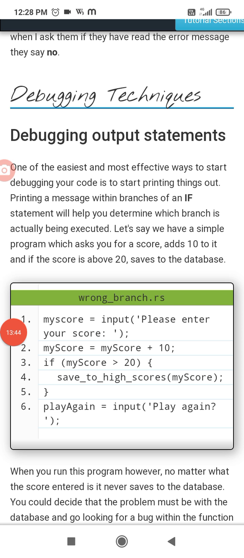Now the following program is for asking for the score. After asking, we have to add 10 to it. If the score is above 20, save to the database. Okay,